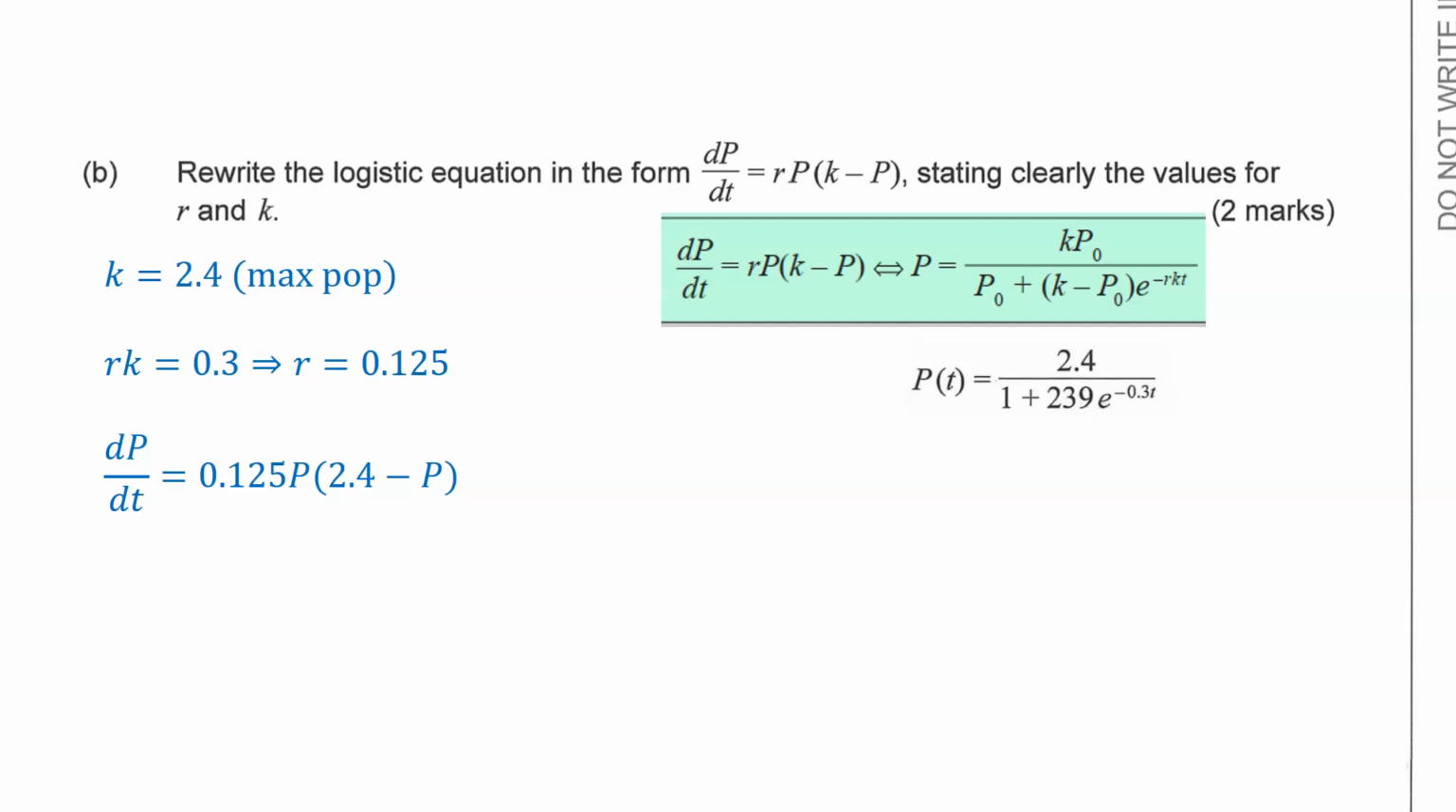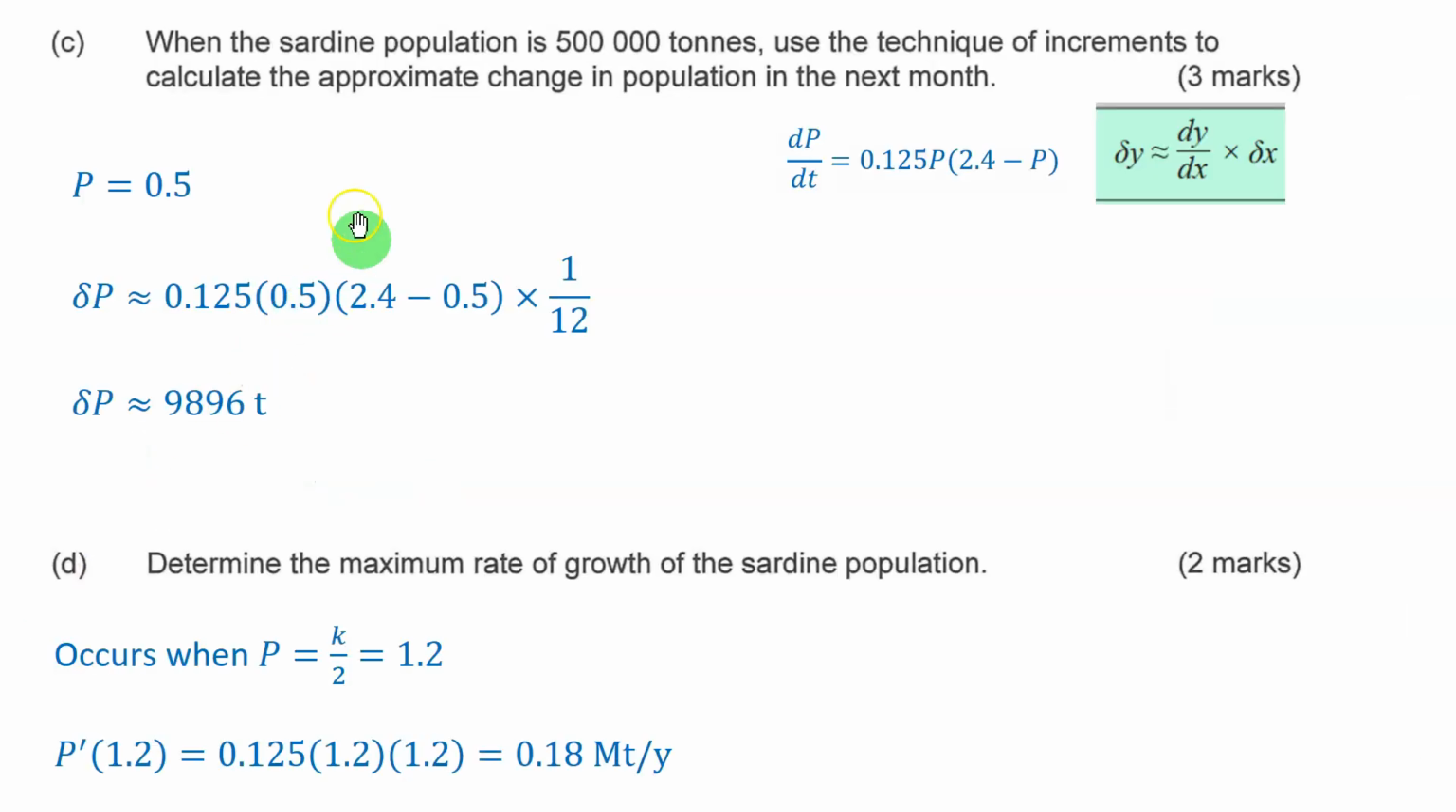So we move over the page, and part C. When the sardine population is 500,000 tons, use the technique of increments to calculate the approximate change. The increments formula is on the formula sheet. So in this instance, here's our equation. Then we know that we want P is 0.5. So then the change of population is going to be approximately equal to